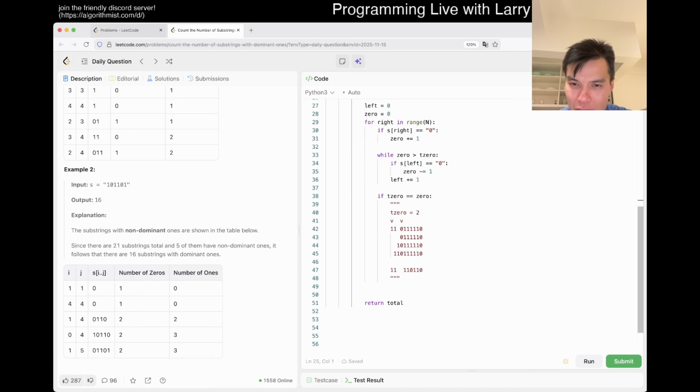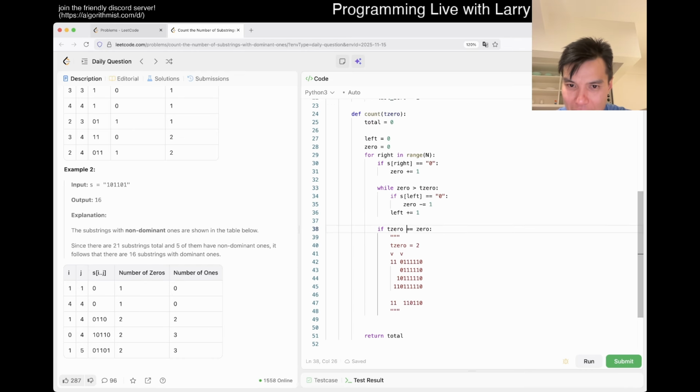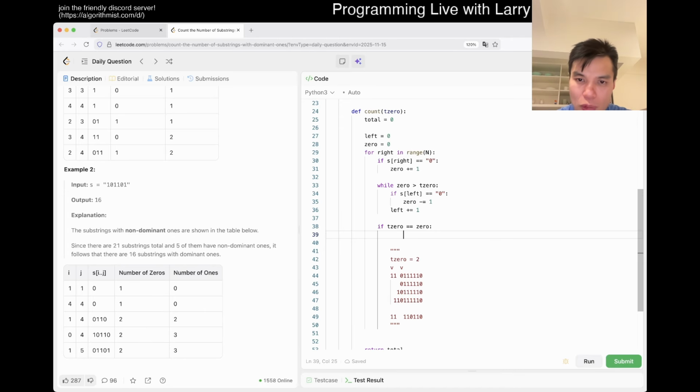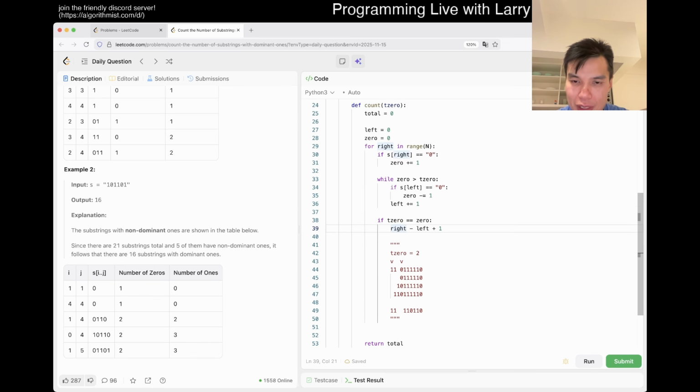And then now we can check, right? So here we want right minus left plus 1 to be the length of the longest substring that we care about, and then now we want to chop off